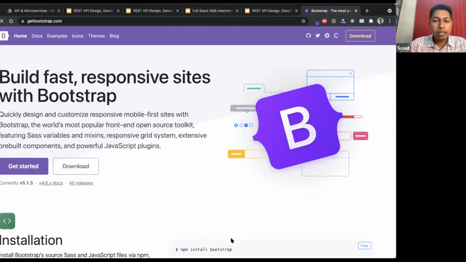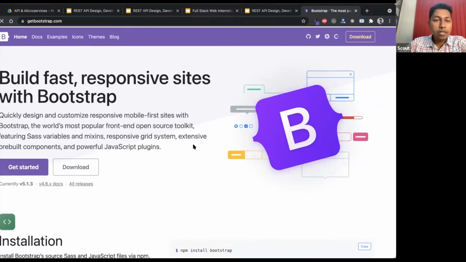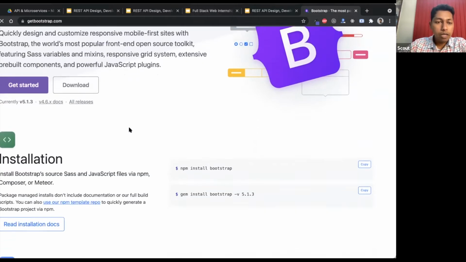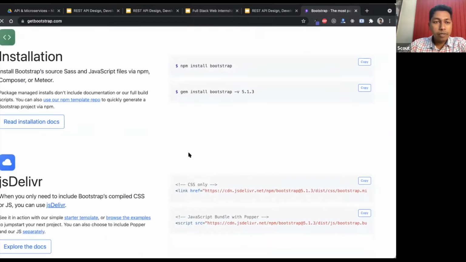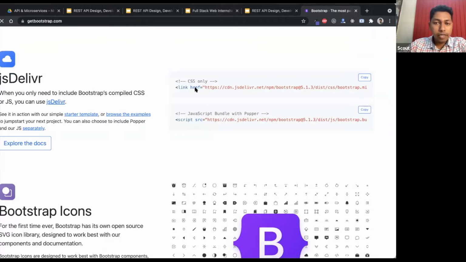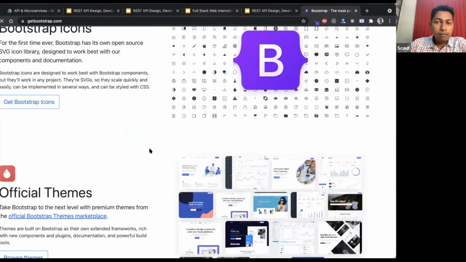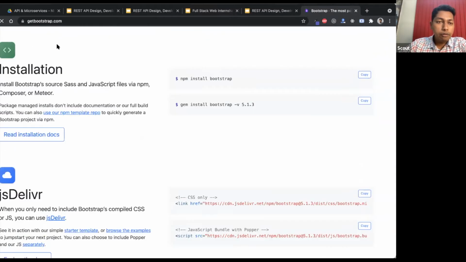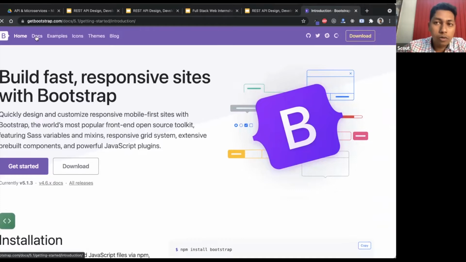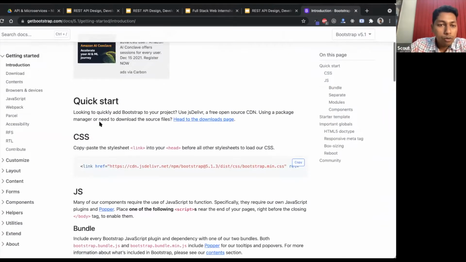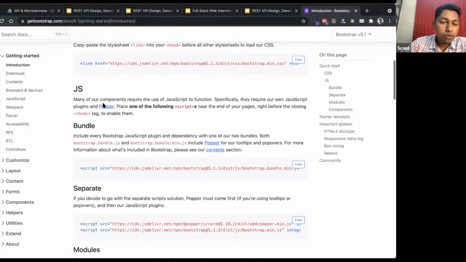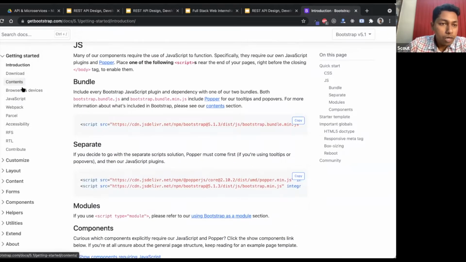So then, what does Bootstrap mean? It is a fast library that helps you to create responsive websites. The installation part is pretty simple. There is a link which you can add for CSS and JS. They have a whole lot of icons that you can use in your project. Let me take you through the documentation, what kind of components they have. How to add Bootstrap, they have given proper documentation for that. I'm not going through that one right now. So what I will go through is